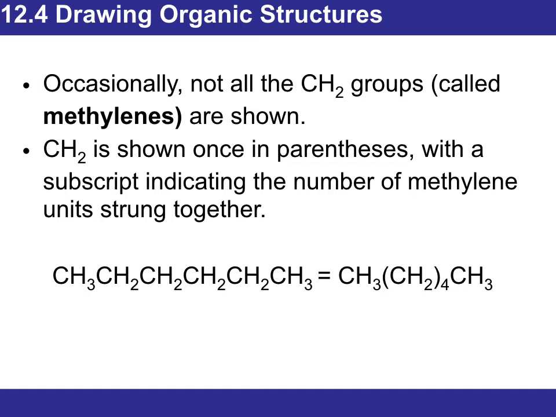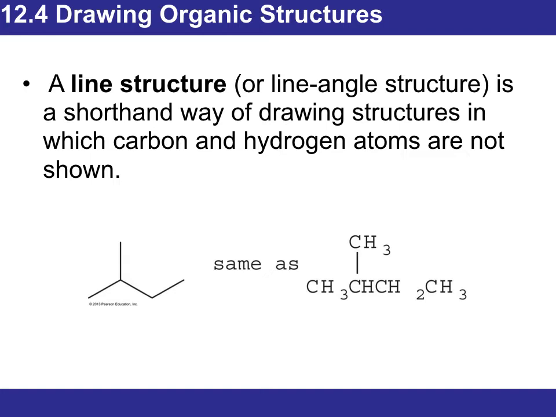So you can write this as CH3, parenthesis CH2 four times, CH3. And then we're going to go over what we call a line structure. You have to practice this. This is a shorthand way of drawing structures where every carbon and hydrogen atom is not shown. So it looks a little bit complex, but if you look at the molecule on the far left, the very tip that points down to the bottom corresponds to a carbon atom attached to 3 hydrogens, because remember, a carbon atom